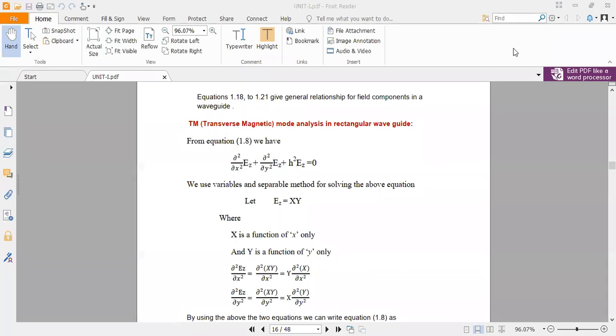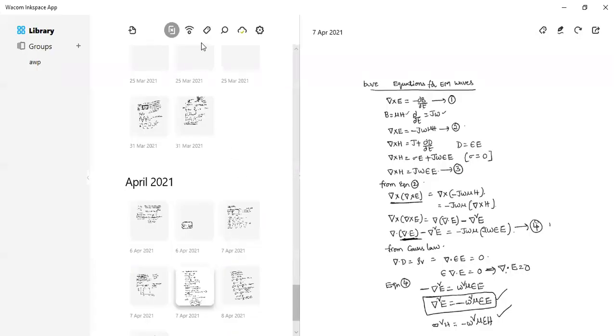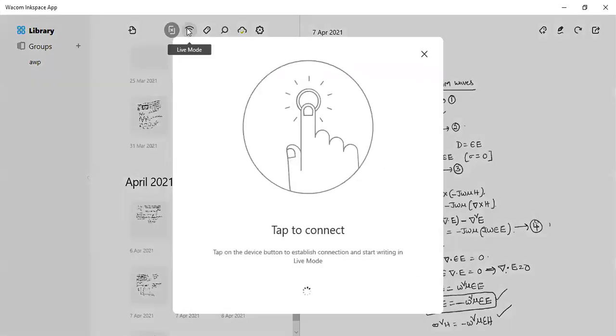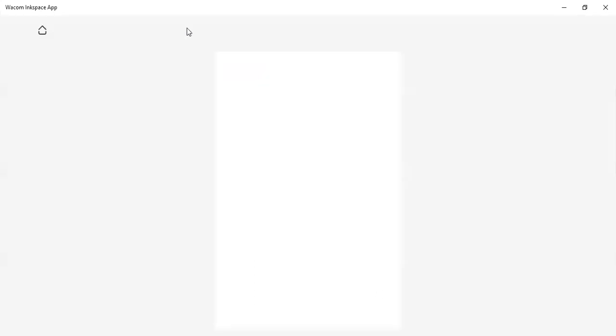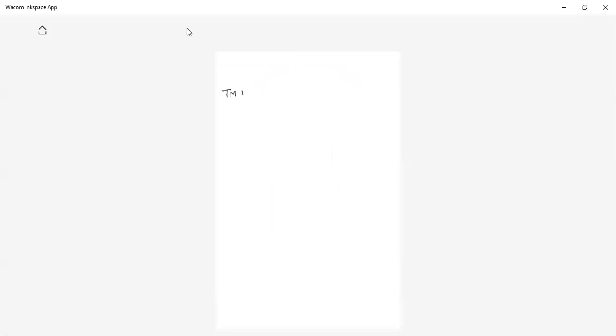So, what do you mean by transverse magnetic? Generally, we are calling it TM mode. What is meant by TM mode of operation? Why do we need to do the analysis? All of you have a look here. This is a very important point, the basic point. What is TM mode of operation? Since we are assuming that the wave is propagating in the Z direction, we are doing TM mode analysis.